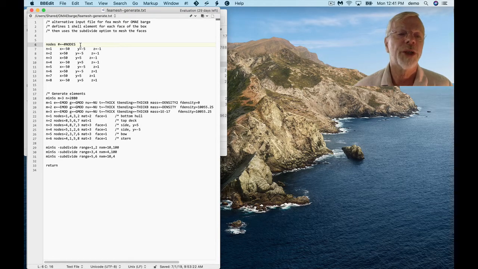Really all we need to do is specify the 8 nodal coordinates for the edges of the box, the corners of the box. We still need to specify a sufficient number here that's going to be at least as large as the maximum node ID that we're going to have in our mesh. So then we can come down here, where we specify the elements, we still need to specify the 3 material property sets, but then we really only need to specify the